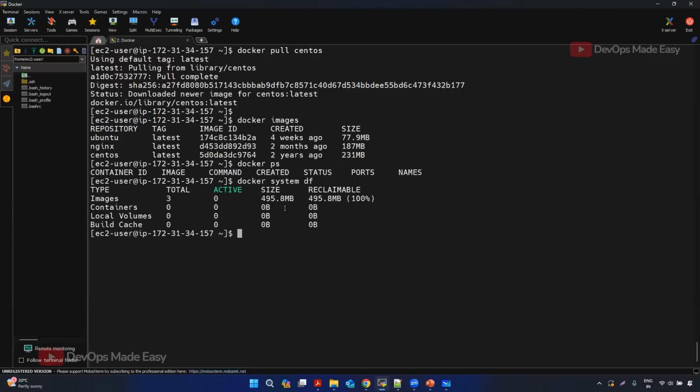If I do docker system df to see the disk space, you can see the images. There are a total of 3 images, and this is the total space occupied by all the images. Then it says 100% reclaimable, which means all these images you can delete. So using docker image prune and pressing enter, you can